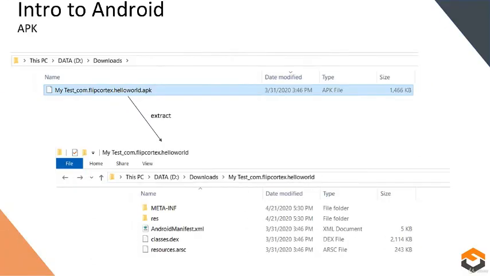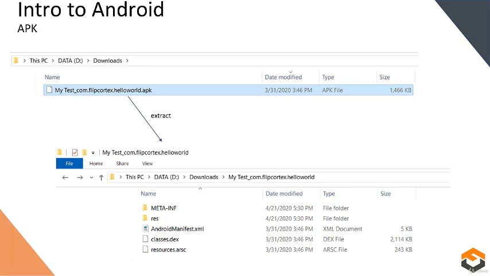Android Package, APK, is the package file format used by the Android operating system for distribution and installation of mobile apps. An APK file is an archive that usually contains the following files and directories: META-INF is a directory containing the manifest file, the app's certificate, the list of resources, and an SHA-1 digest of the corresponding lines in the manifest file.